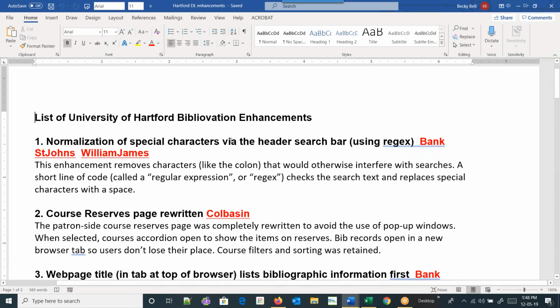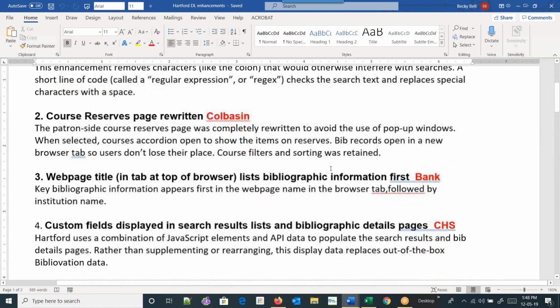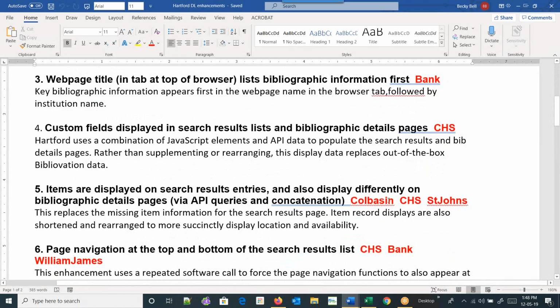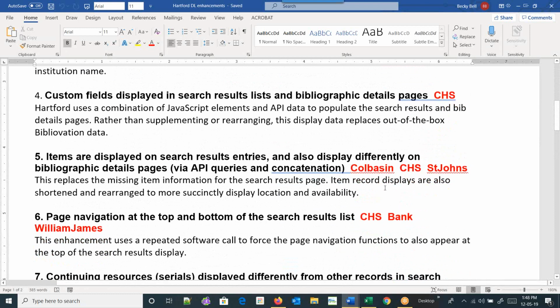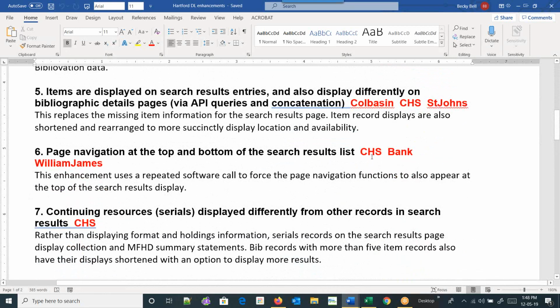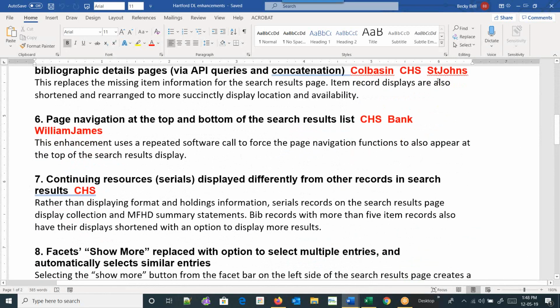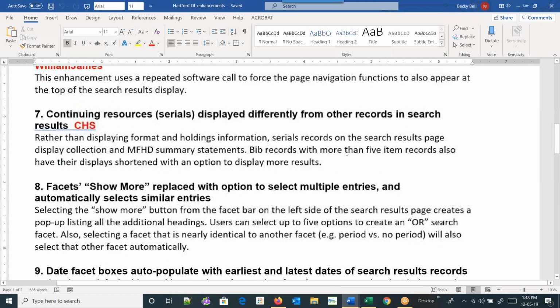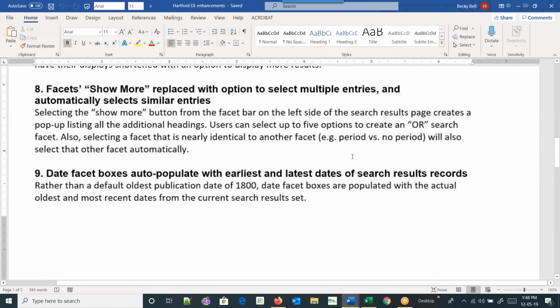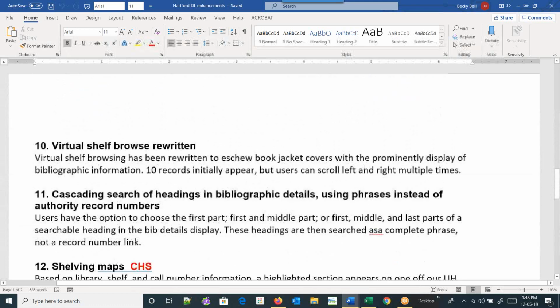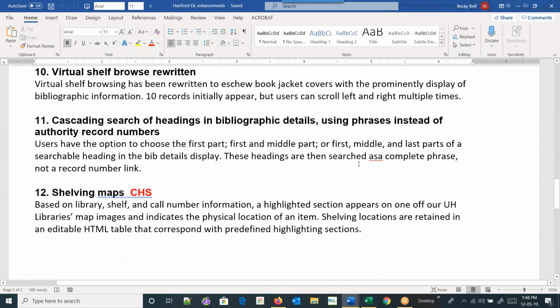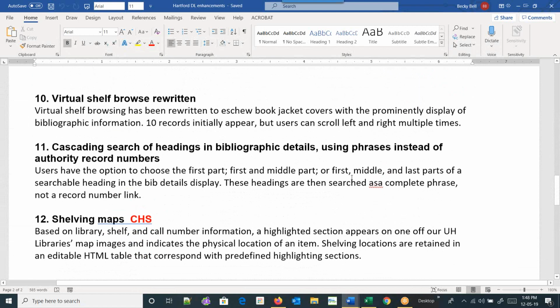When I scroll through this, you'll notice that the red type is where people are interested in having that. There were several where multiple libraries wanted that feature, and there were only 4 that didn't get any selection from any library at this point in time.